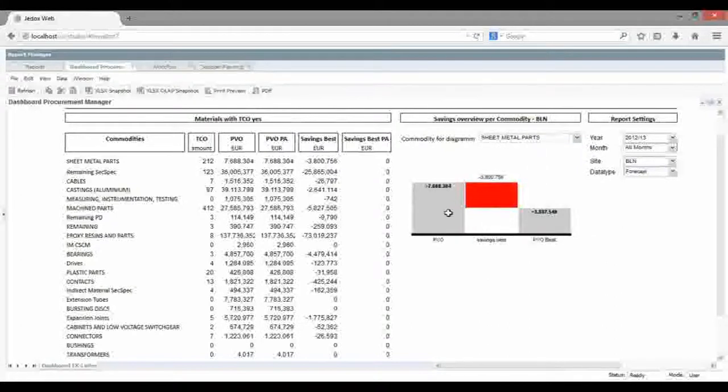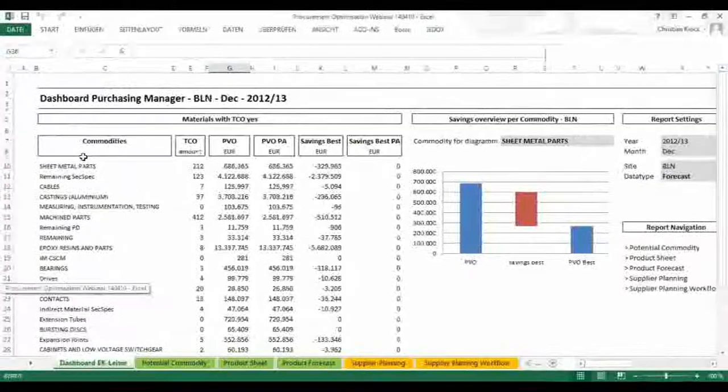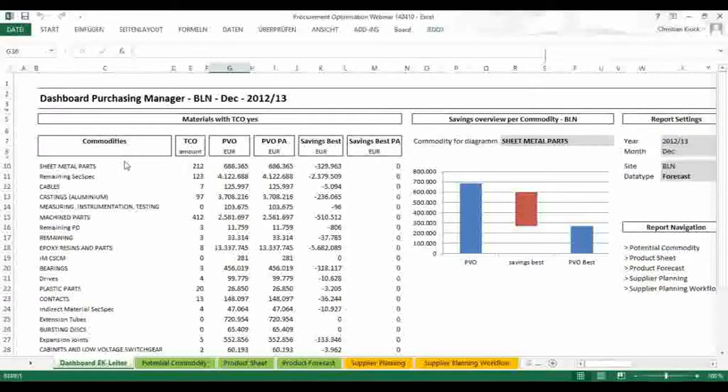However, and that's why I think this cost analysis part is important, this is obviously a theoretical saving, because that means that we could shift all our demand to the cheapest supplier of the network, and as we all know, that's not very realistic. So the next thing that we would now do, if we were the procurement manager, is call our guy for sheet metal parts and say, Mr. Smith, I saw that we've got quite a few potential savings in sheet metal parts. Could you please have a look at that? What he would then do is to go to the potential commodity,